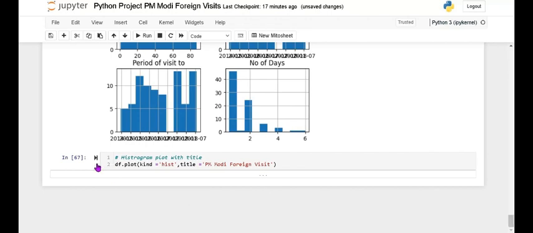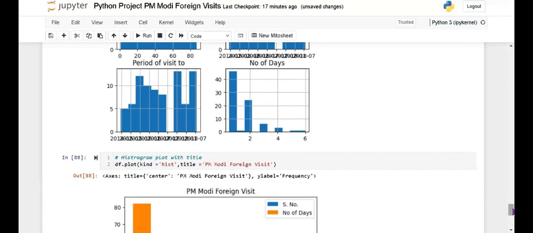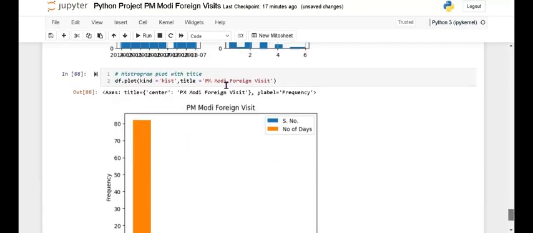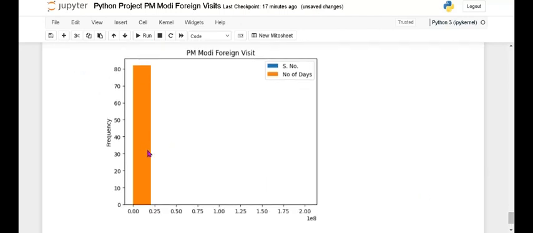Next, I want to plot the histogram with a title. I give the title also. So if we run that, it gives the PM Modi foreign visit. The saffron color shows the number of days, and the blue color shows the serial number.